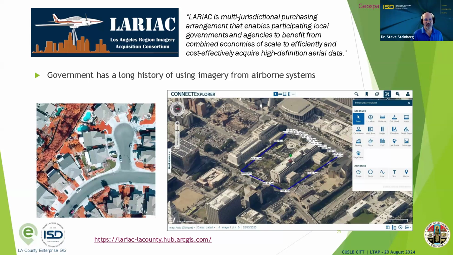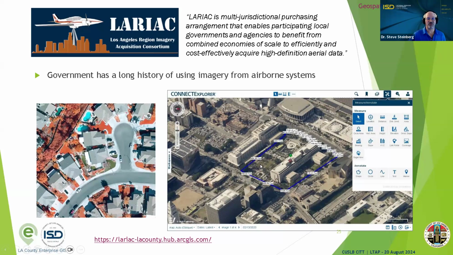On the right is an oblique image, a 45-degree angle looking at downtown LA, and you can see here overlaying a GIS parcel with all the measurements along it, and we can make imagery and GIS data sets work together. So that could be any GIS data that you want to overlay and do measurements and